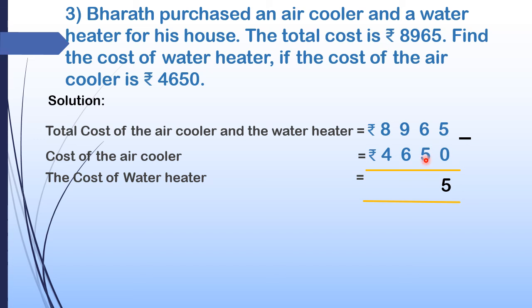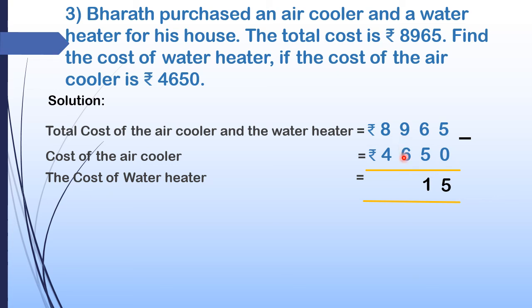Then 6 minus 5. What is 6 minus 5? You can find out in any method. Okay. You can take 6 fingers, then fold 5 fingers, then you will get 1. Otherwise, you can count after 5. Okay. After 5 is 6. So only one finger, 1. Then you can use your mind to subtract, because this is a simple sum. So 6 minus 5 is 1.